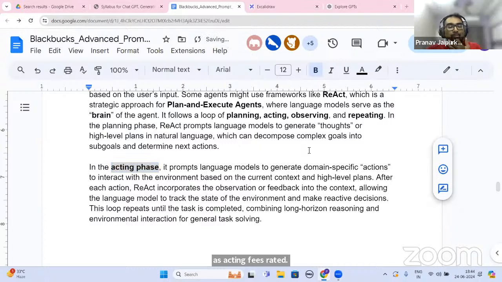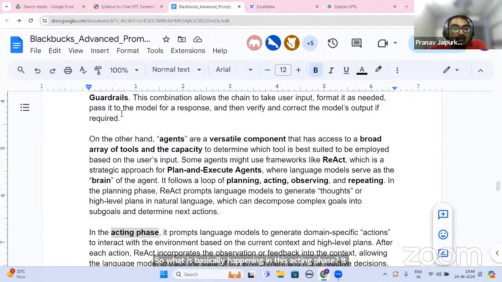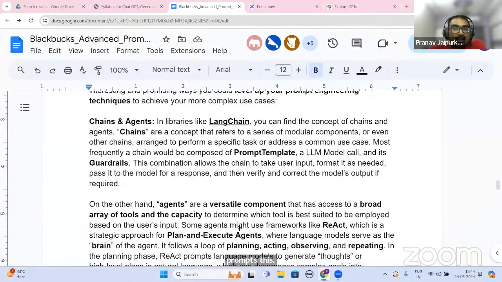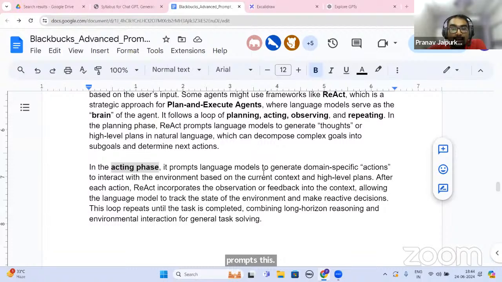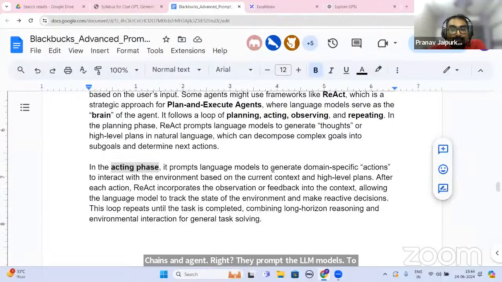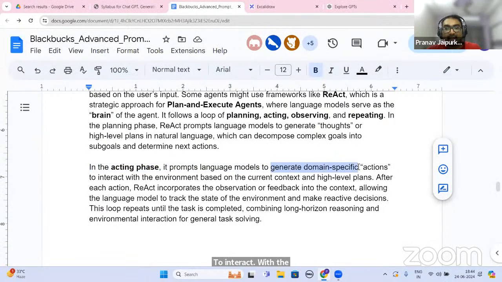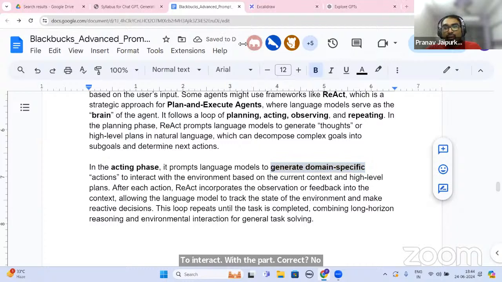So what is basically happening in this acting phase? It prompts these chains and agents, right? They prompt the LLM models to generate domain specific actions to interact with the part, correct? Now, what is happening over here is that, as I told you in that example of a neuron in a human brain and a neuron in a neural network, in this acting phase these chains and agents are asking to get the